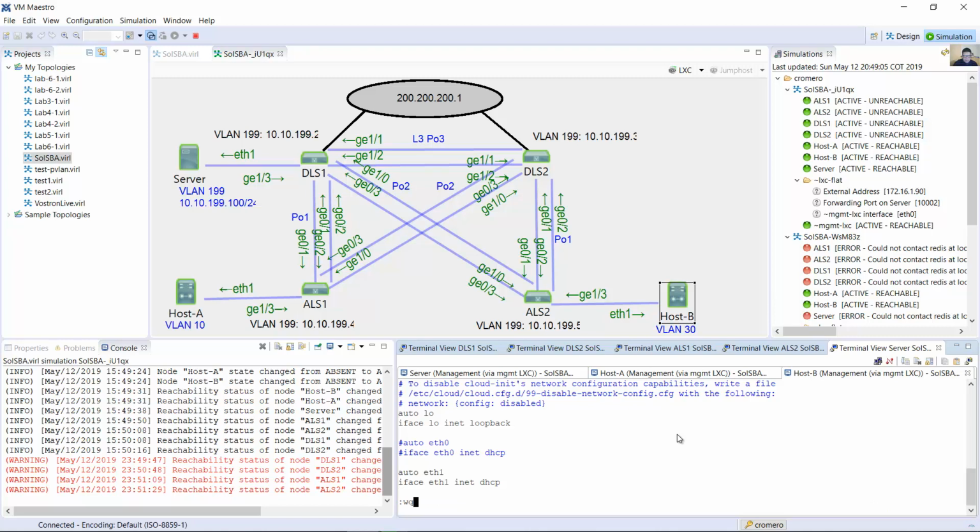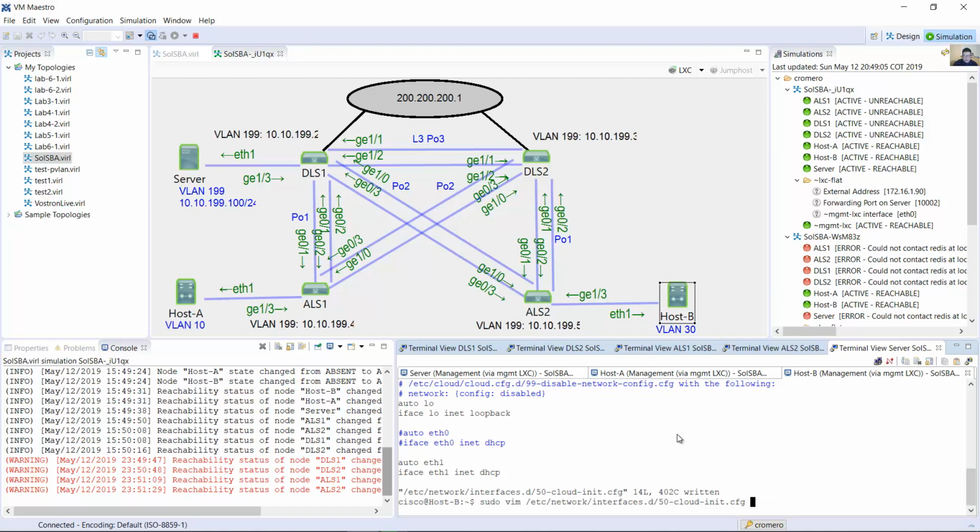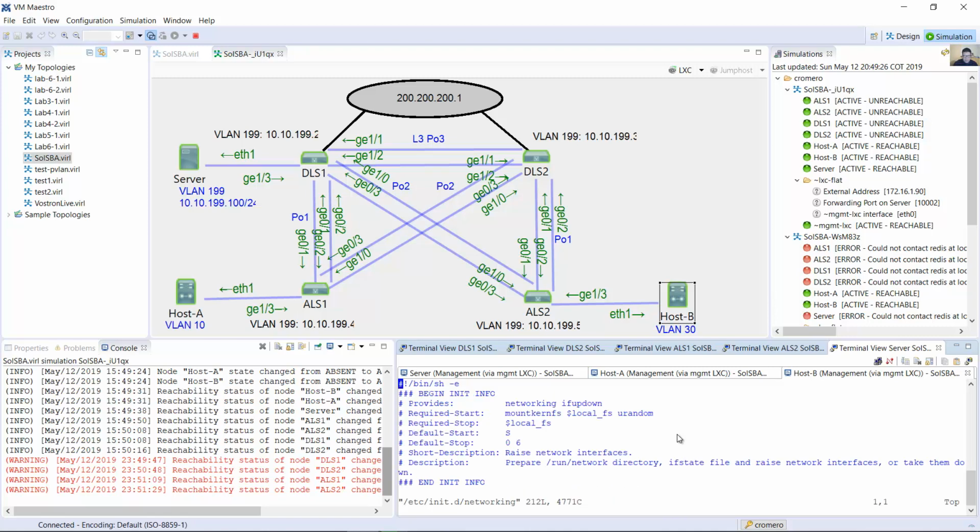Escape key, colon wq, restart networking at /etc/init.d/networking restart. Okay, Control C, escape, Q